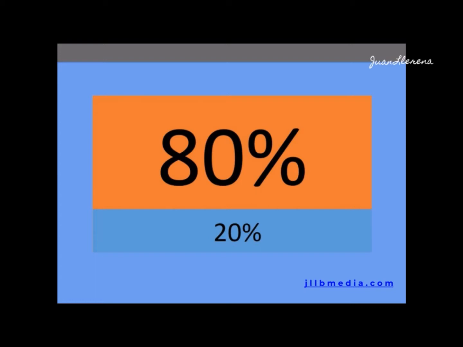Now, we're going to talk a little bit about the scroll. If we look at this screen here, we're talking about the 80-20 rule, where the 80% is the space that people can actually see when they load a website on a regular browser, and the 20% is what they don't see. So when you have information or buttons placed on your website in the 80% area, which is the top area, customers will actually see it. They'll get 80% or almost 100% of the attention when they get to your site.